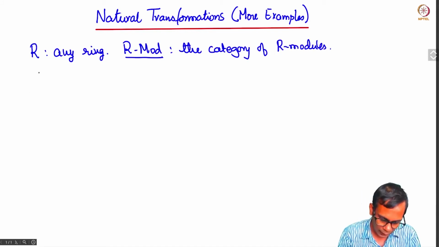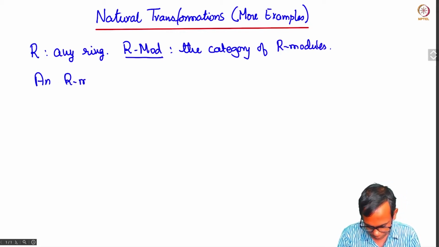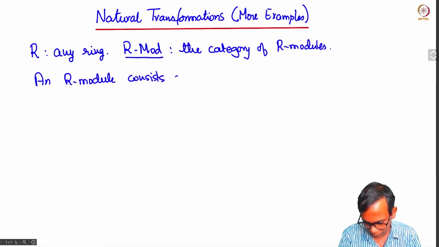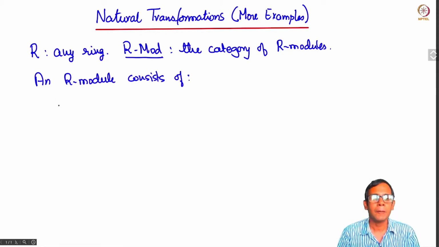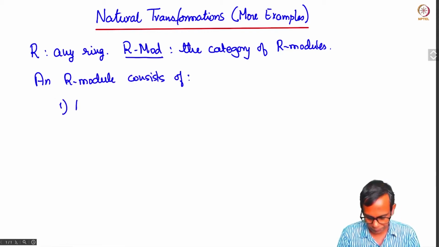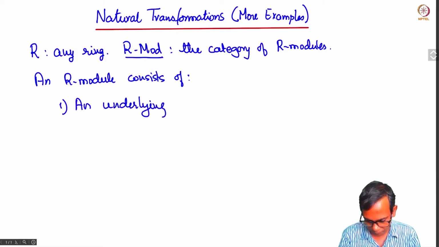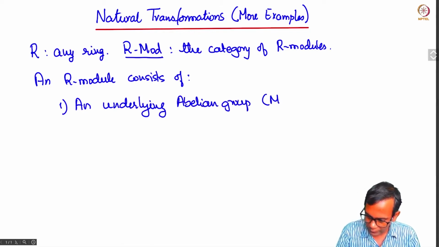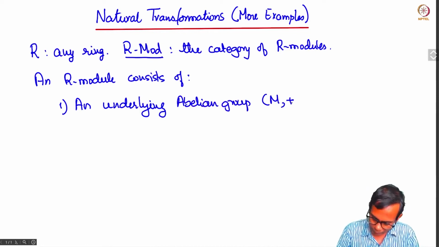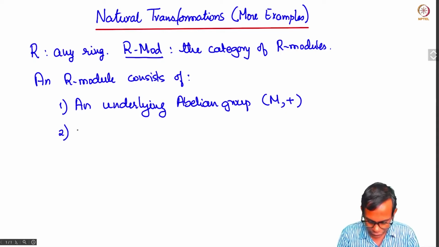Recall that an R-module consists of firstly an underlying abelian group M,